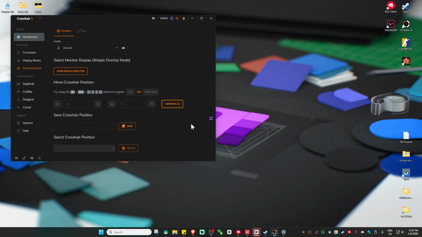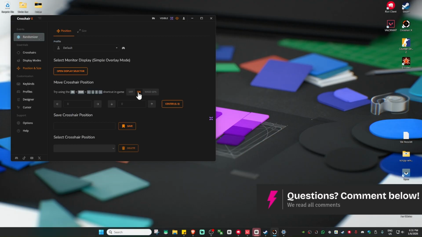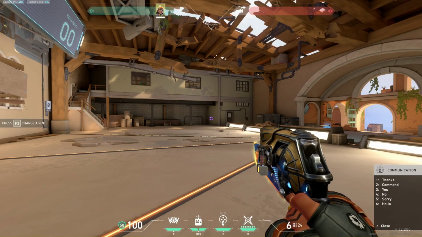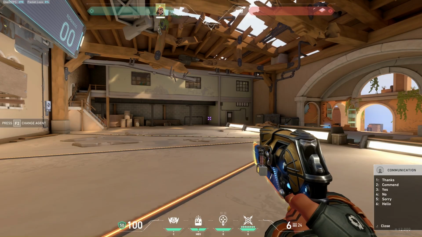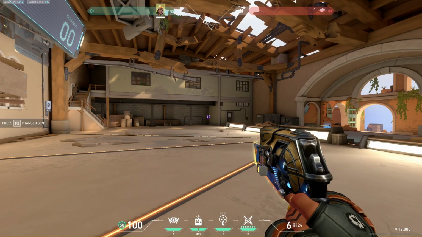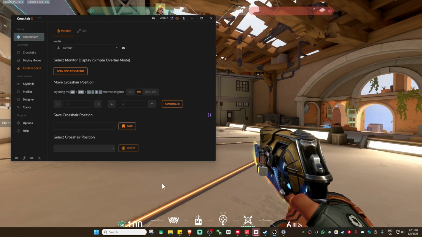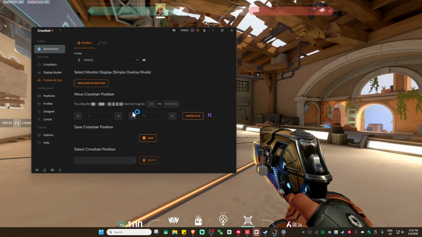Now, if you're in game, okay, you can just easily use this shortcut, or toggle, Alt plus Shift plus your arrow keys. Okay, and make sure the shortcut in game is enabled. So let's go ahead and try that. So again, Alt, Shift plus arrow keys, as you can see here. All right. Now, if you want to reset it, you'll have to go back to the Crosshair X menu, the